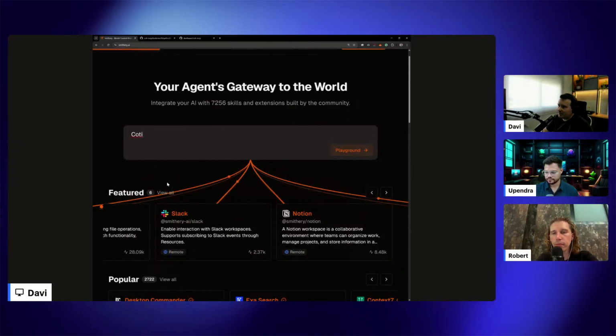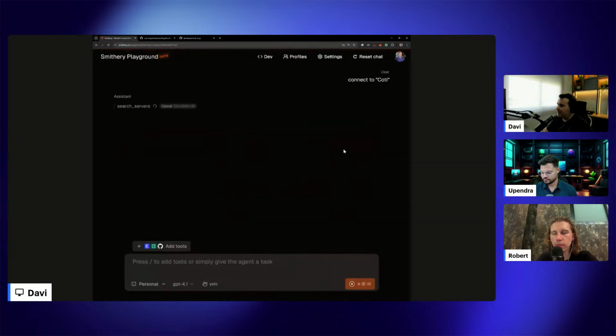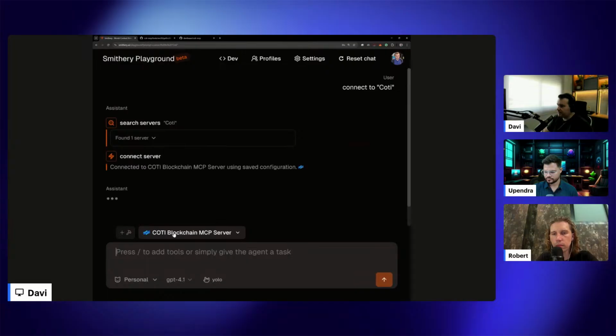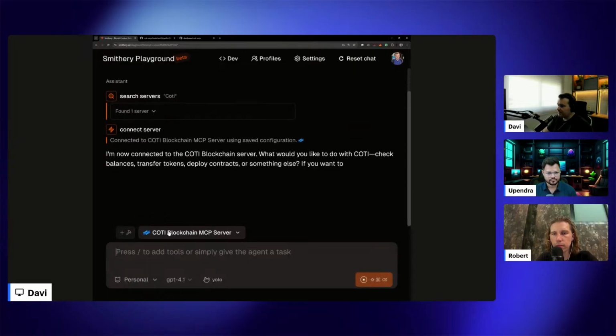And if you want, you can also use the playground that's available here. If you don't have the cloud, or if you just want to test it, you can use this playground. Let me check if I will be able to connect here. Yeah. This playground will connect with the tool that you selected, in this case the COTI blockchain MCP, right?